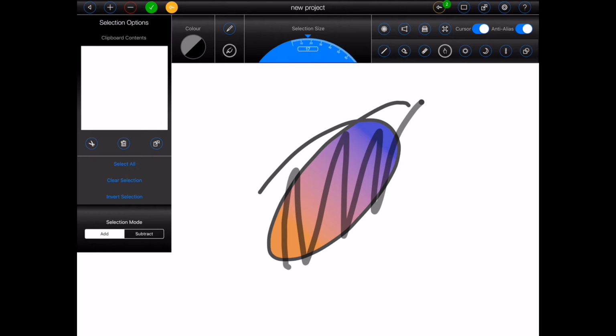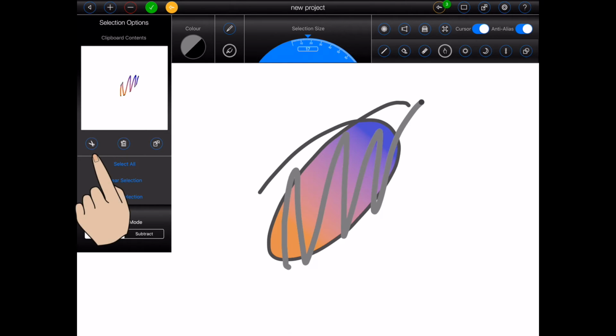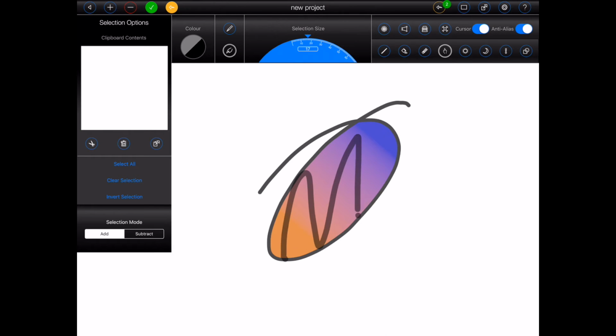Once that's done, you can choose to cut the selected content from the currently active layer by pressing the button with the picture of the scissors on it. The content cut from the layer will be placed into the Image Creator clipboard. Alternatively, you can leave your image intact and copy the content to the clipboard by pressing the second button on the Selection Options panel as shown.